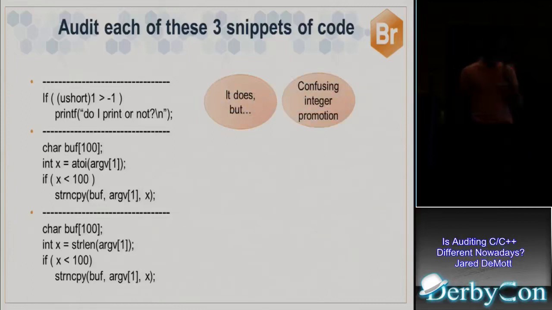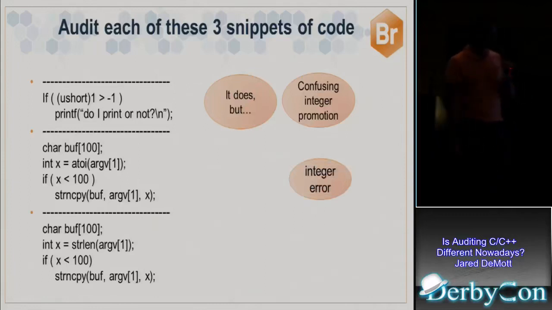Okay, this next one, what's the type of bug I'm trying to highlight here? Does anybody know what the bug here is? BOF 100: convert the first untrusted input to an integer and check to see if it's less than 100. So if it's negative, yeah, that's right. So you have some integer error, right? If the input is a -1, -1's less than 100, but -1's also a really big number. So when the strncpy takes place, the length will be treated as an unsigned int, so you'll have a really big copy into a small buffer. So pretty classic, pretty typical, pretty old school.